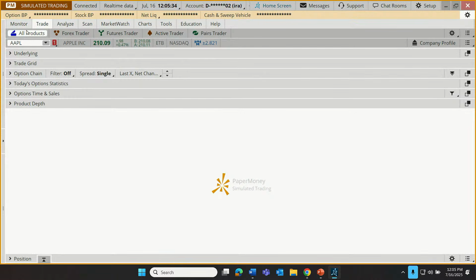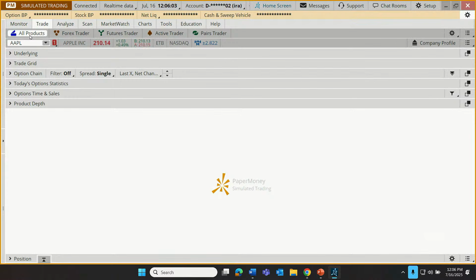page. So first of all, we're going to be spending really all of our time here on the All Products sub-tab, and a lot of the navigational learning that we accomplish here is going to be portable over to the other sub-tabs here if we were trading other products. But today's going to be all about stocks and options, which are maybe more applicable to a broader portion of my typical audience.